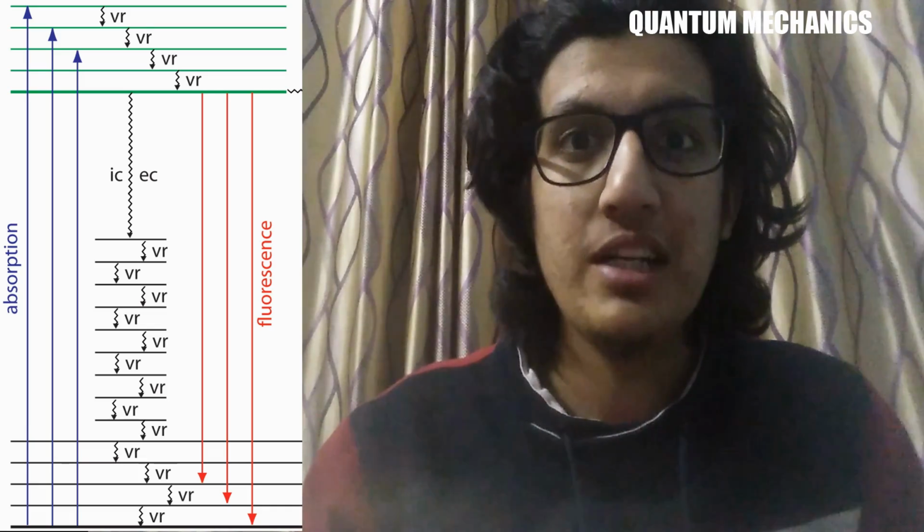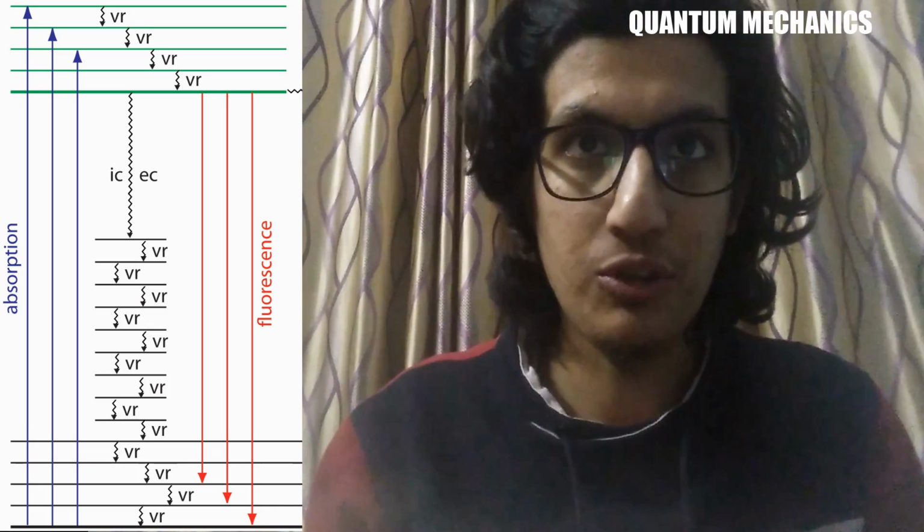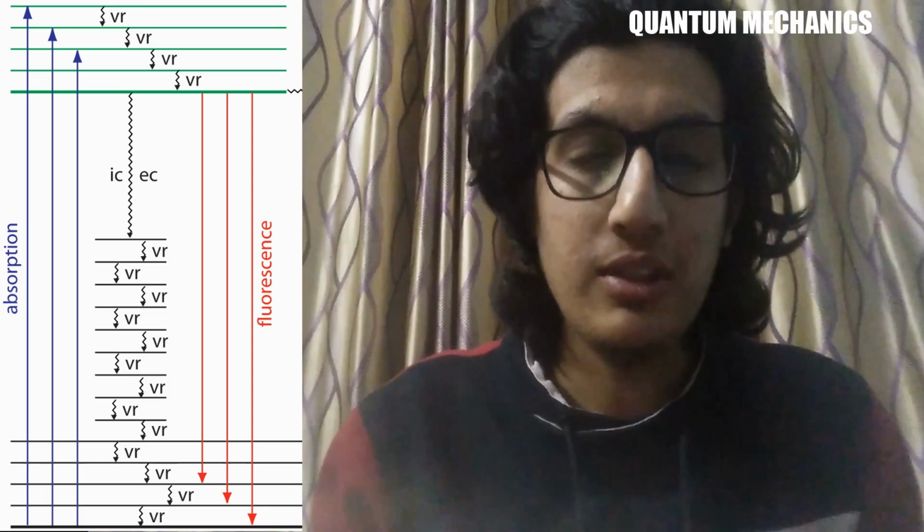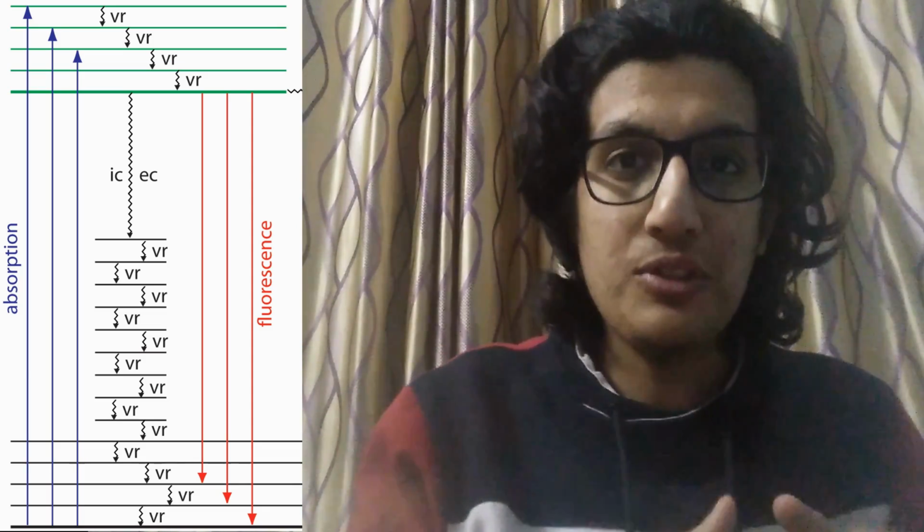The basic idea of fluorescence is the transition of an electron from the ground state to the excited state and the emission of a photon. An electron absorbs a photon and undergoes a transition from a certain ground state's vibrational level to some excited state's vibrational level as shown in the diagram. To go back to the ground state, the electron first undergoes multiple vibrational relaxations as shown by wavy lines, and once it reaches the vibrational level minima of the excited state, it emits a photon, thereby transitioning again to the ground state level. This photon emission is what we call fluorescence.